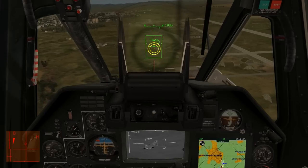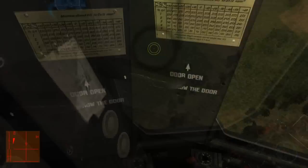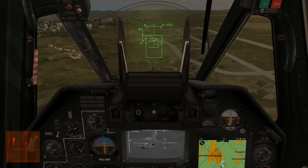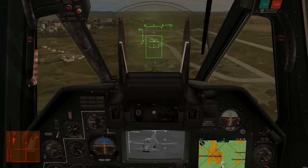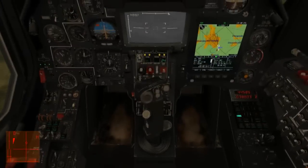As I said, I will be doing another video showing weapons usage and targeting and firing and all that gory stuff, and obviously continuing with the Black Shark campaign. If there's anything in particular you want to see me take a look at in the Black Shark, let me know. I'm also curious as to how many of you want to see...